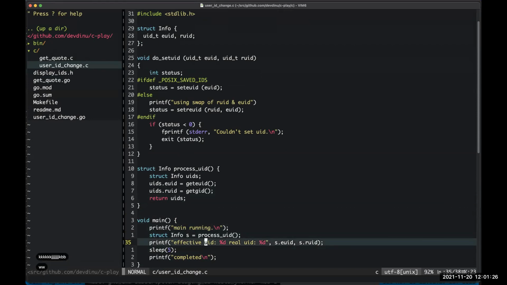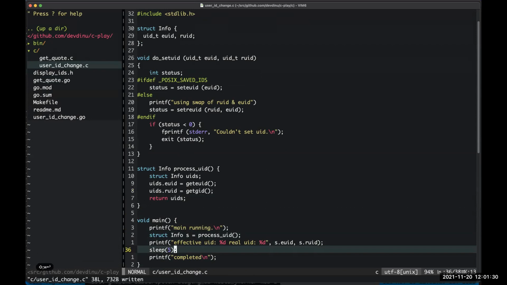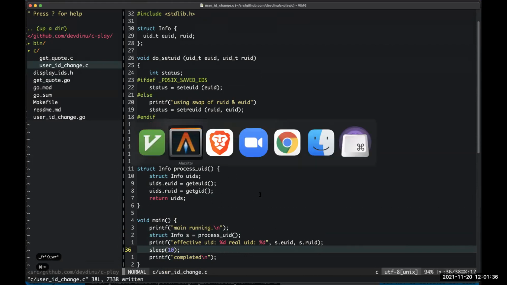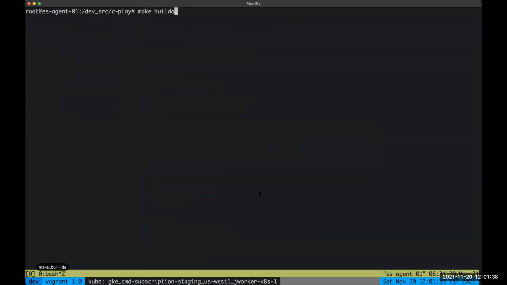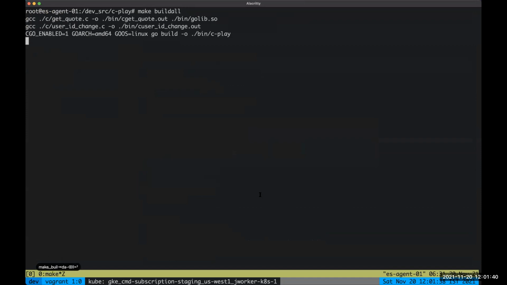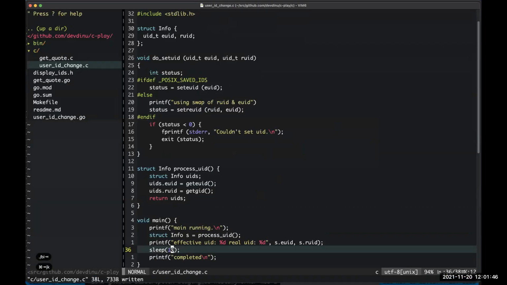There's just two pieces of information, effective user ID and real user ID. That's it, nothing else. So I'm just adding a sleep as well, and then I'm doing make build all. I am building everything. Ignore this, I'll share about this as well. And then I'm running this